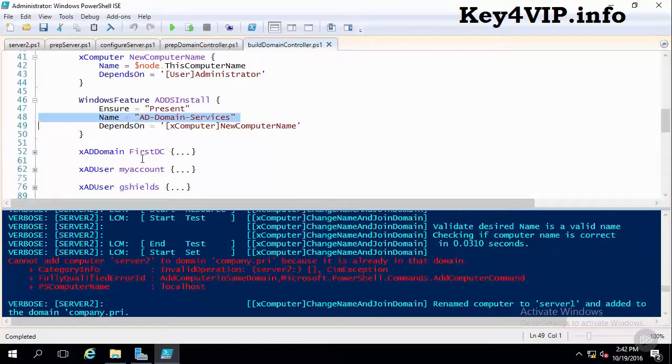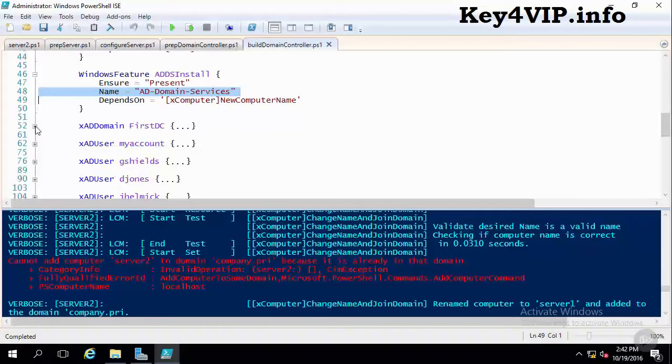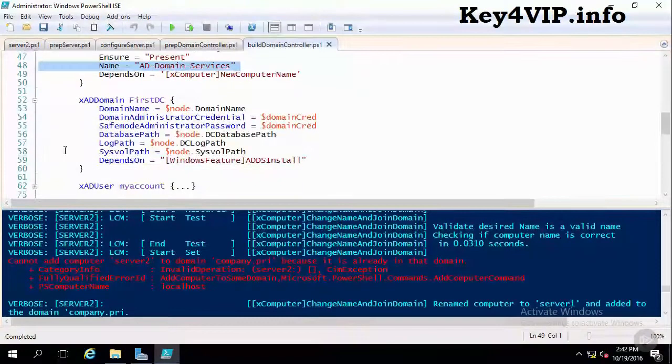We'll also go through, once we've completed that install, and do the configuration of our domain controller as well. Here is our domain name and the credential for our domain administrator, the credential for our safe mode administrator password, and all the database log and sysvol paths as well. These are more or less the minimum requirements to get this domain up and operational as company.pri. Once that is operational, we can then go through further configuring the domain to add in the necessary accounts that